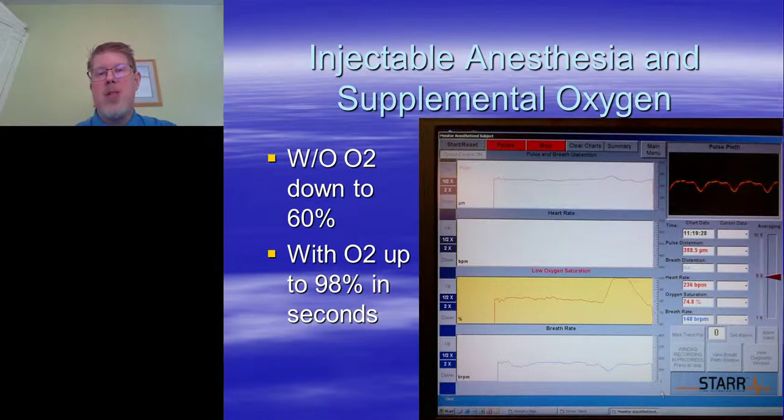We've depressed their central nervous system. We've depressed their respiratory centers. We've reduced their inspiratory and expiratory volume in their lungs. Without supplemental oxygen, their O2 saturation, which should be around 95 to 98 in a healthy animal and a healthy human, drops to 60%. In a human hospital, if you drop there, it's considered a life-threatening emergency. So, keeping our patients warm, keeping them oxygenated,